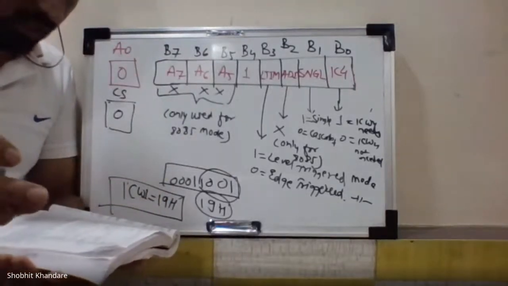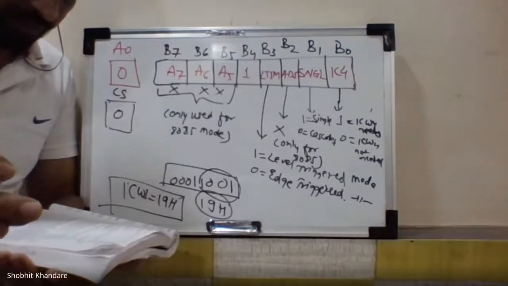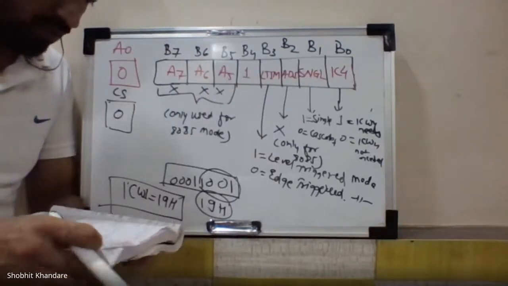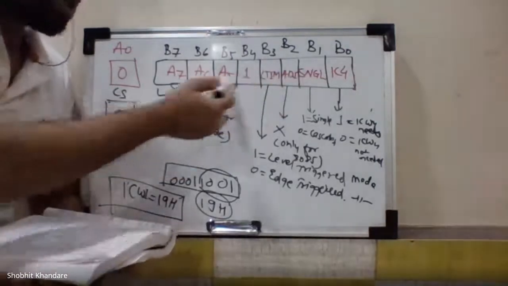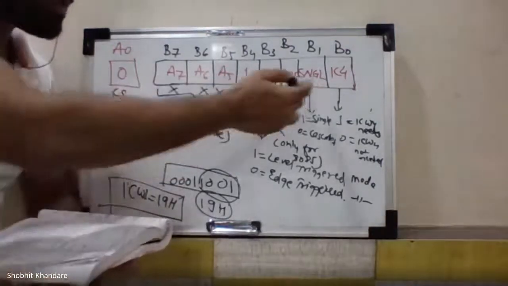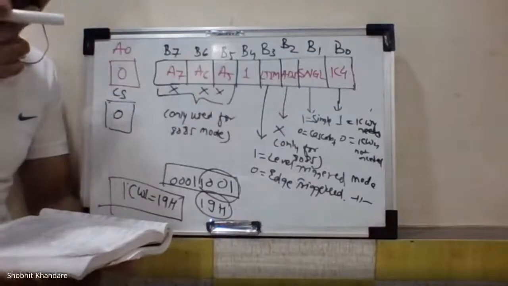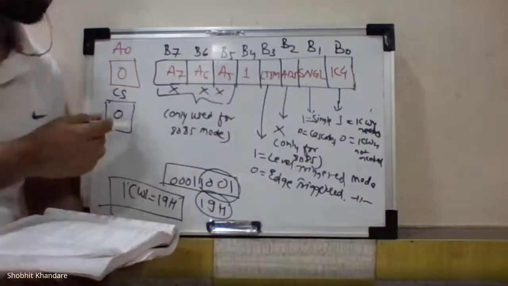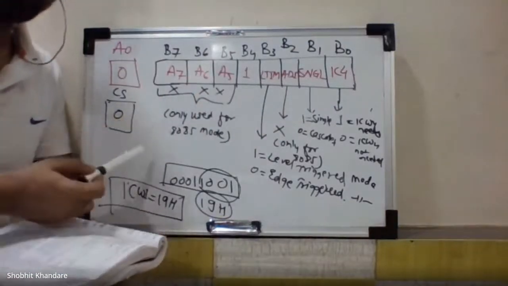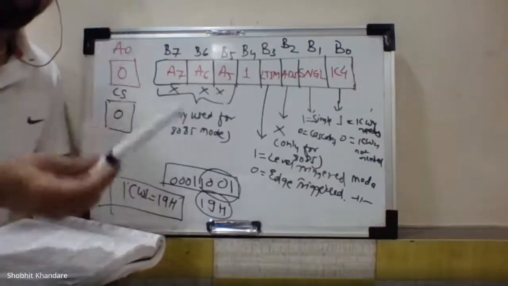The next thing you can write down, but okay, this much we can write down. Don't write everything, because every bit I have explained here, you can write down in your own words. So this is about ICW1. Do you have any doubt? Please ask me. I have told you how to get the word.